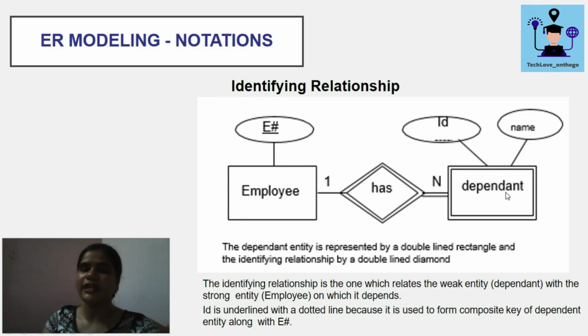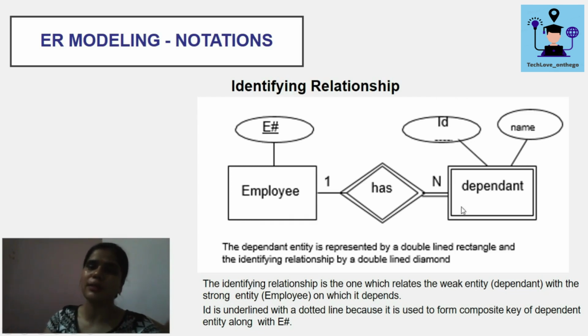So every weak entity set is uniquely identified with the help of the key attribute of the strong entity set on which the weak entity depends, and there we can only consider some of its attributes as a key attribute, which is not actually a key attribute of that weak entity set. So here ID can work as a key attribute for this dependent, but what is the actual key attribute for this dependent? It will be the combination of the key attribute of the strong entity set and any one attribute of the weak entity set which can work as a key attribute.